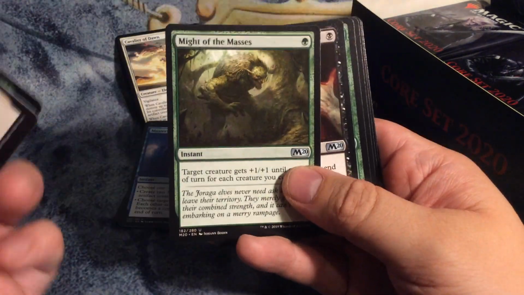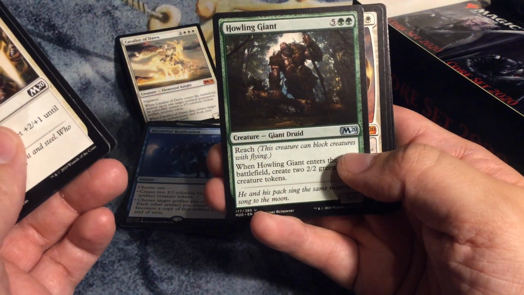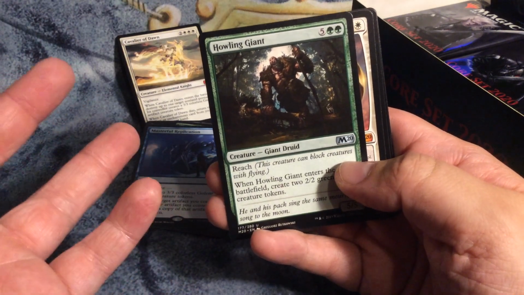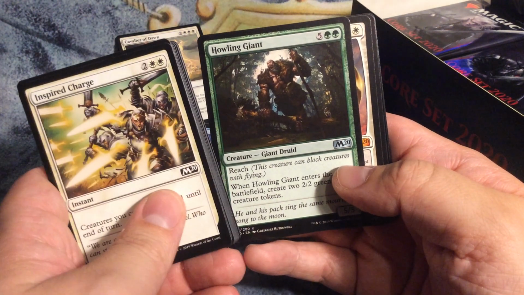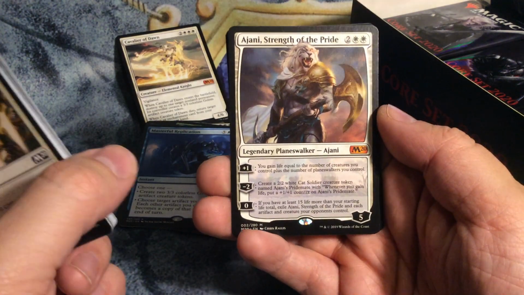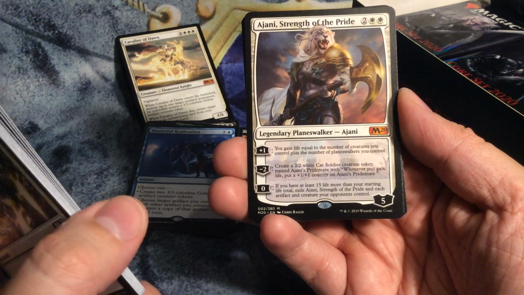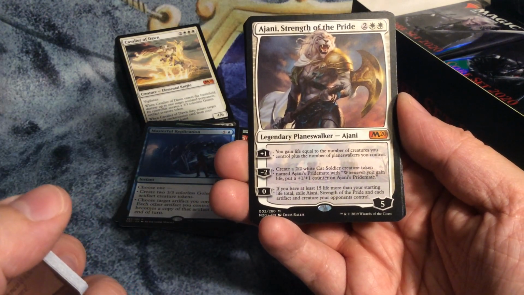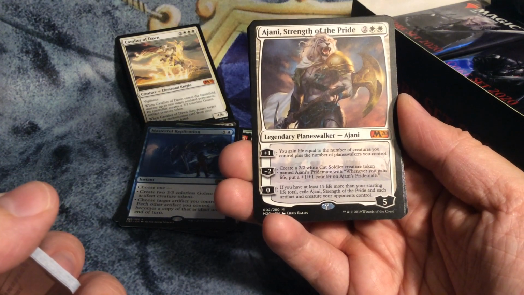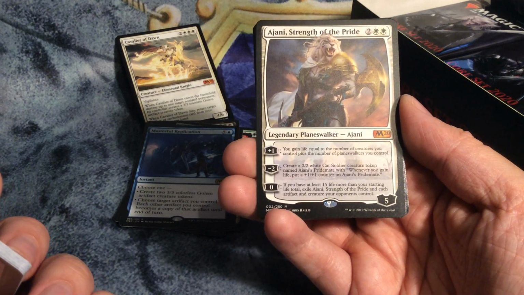Right. Okay. Might of the Masses. Disfigure. Ooh. Our next mythic. Is that Ajani? It's white. It's a planeswalker. I'm guessing it is. Howling Giant. And yes, Ajani, Strength of the Pride. It's a 4 mana planeswalker for 5 loyalty. Its +1 ability is you gain life equal to the number of creatures you control plus the number of planeswalkers you control. Alright. -2. Create a 2/2 white cat soldier creature token named Ajani's